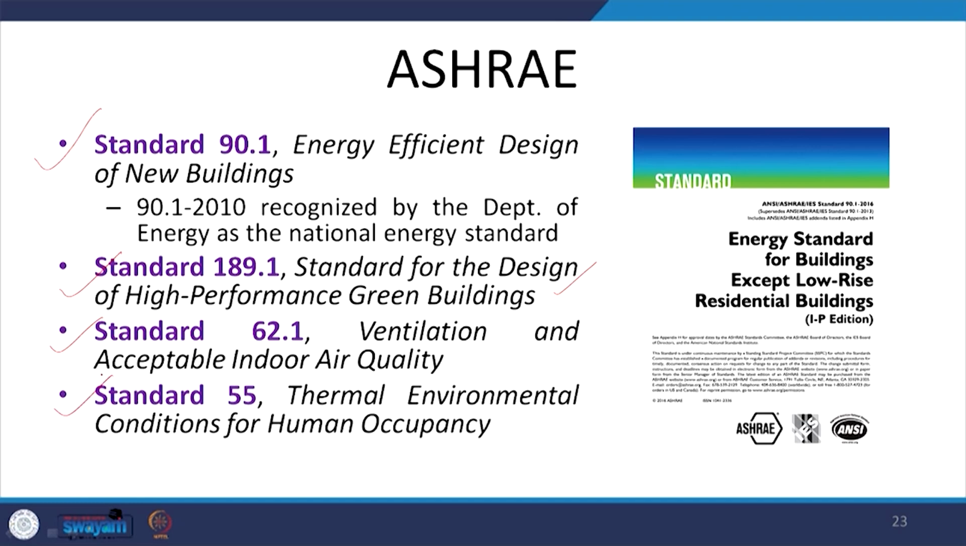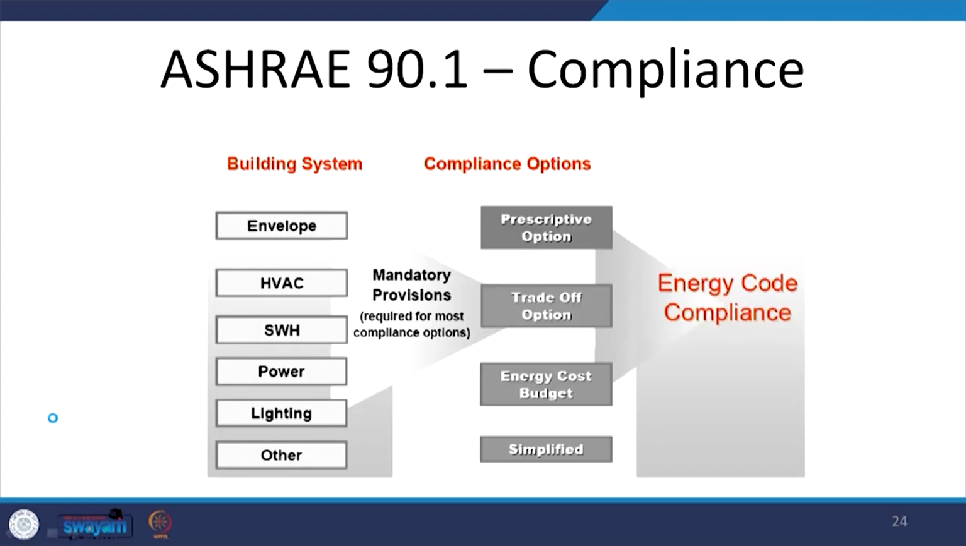ASHRAE standard 55 is for thermal environmental conditions for human occupancy, which defines how the comfort hours, unmet hours and met hours should be calculated. All these four standards together largely drive the whole building simulation approach which is used in the green building rating programs. And the compliance in ASHRAE 90.1 is exactly the same as we have for ECBC, where we